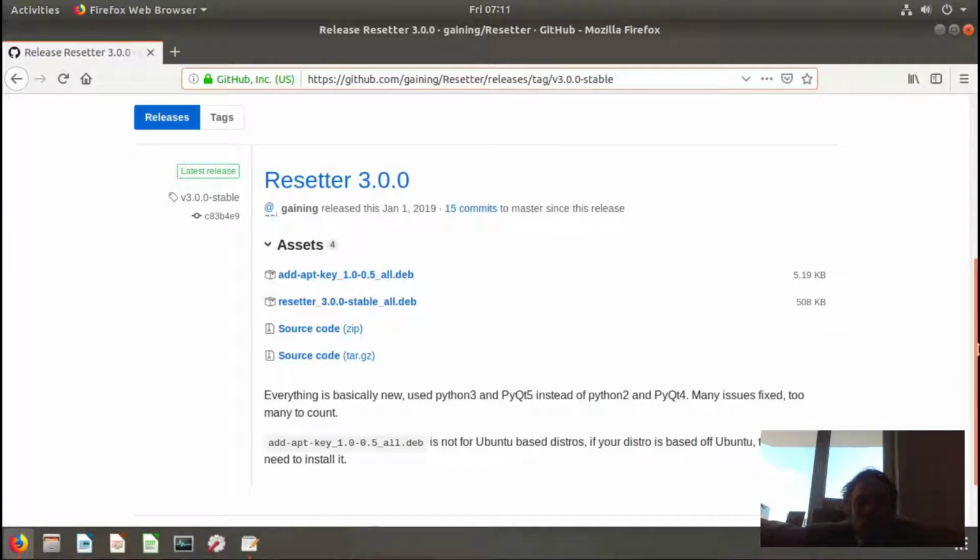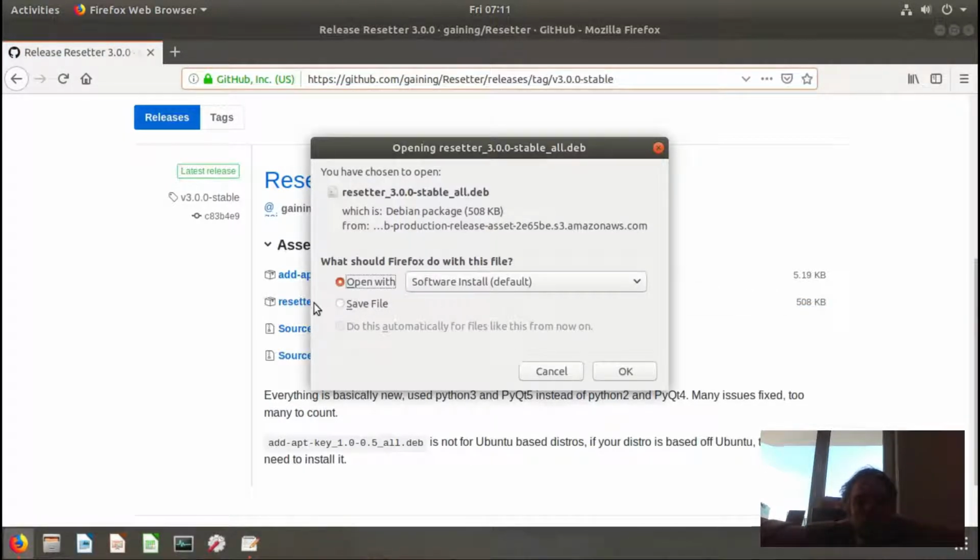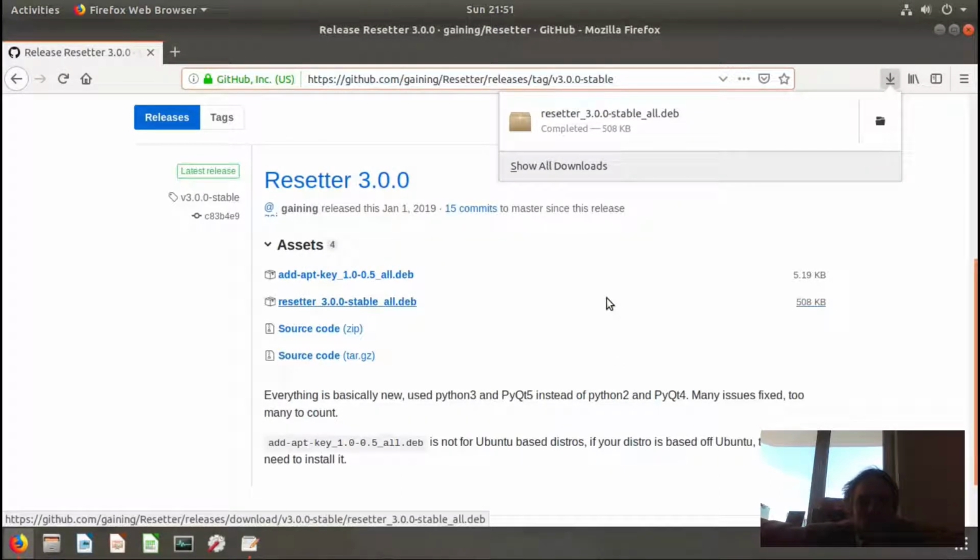So it's gotten a lot easier in Reset 3.00 to install it and use it. It's fantastic. So we just need this one for Ubuntu. The other one is only needed when it's Debian based distros, but because we're looking into Ubuntu 18.04, we just need to download Reset 3.00. So I'm gonna save this file. I'm not gonna use it in the software center because I ran into a bug last time when I tried it. And I'm gonna open in this folder where it's saved.